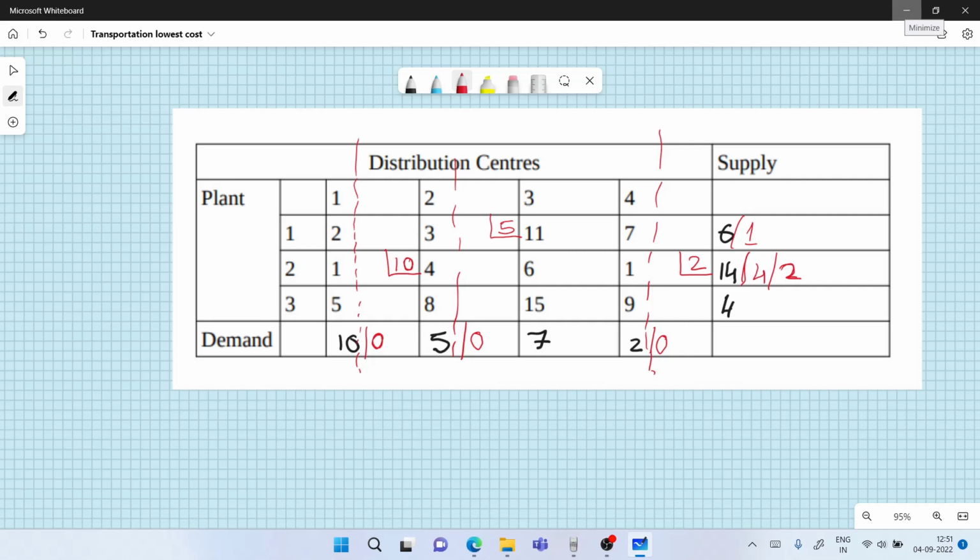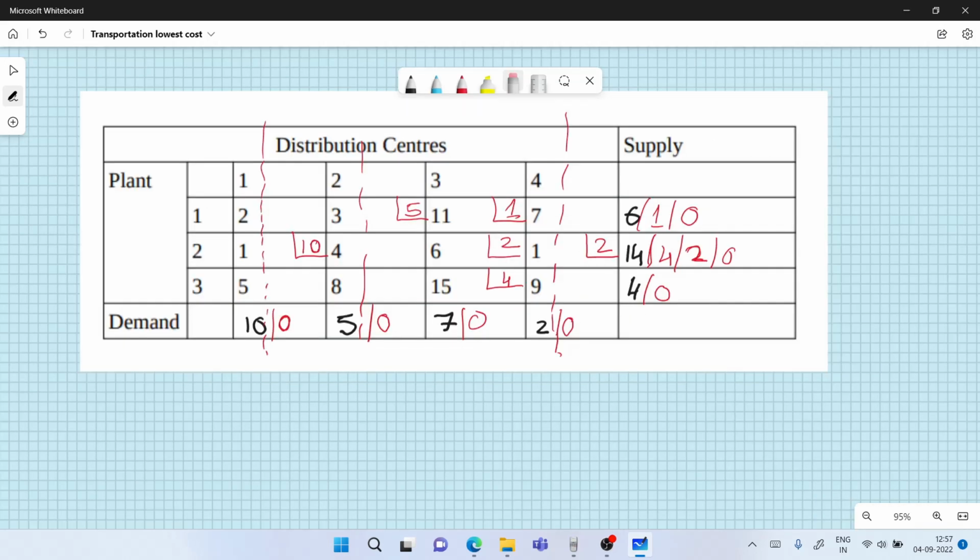So what we are left with is this 1 million liter is now going to be assigned here. 2 million liters is going to be assigned here and 4 million liters is going to be assigned here. Okay, so we are done. Now let's calculate what is going to be the cost for this distribution. Now let's do that. So the cost is now going to be